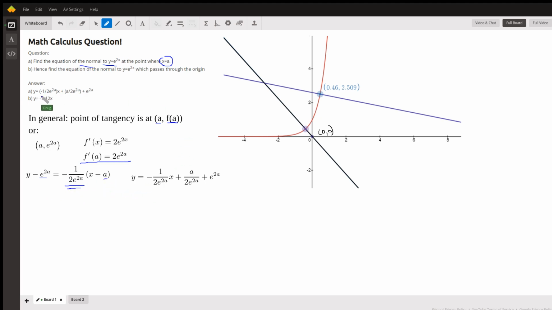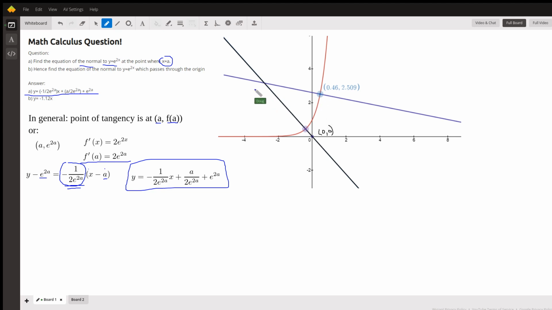To get this answer right here, we're going to distribute this slope, the slope of the normal line, over both terms of x minus a, and then add e to the 2a to both sides. So there is indeed the equation of this normal line right here for any value of a. This equation will be the equation of a line that's perpendicular to the tangent line at the point where x